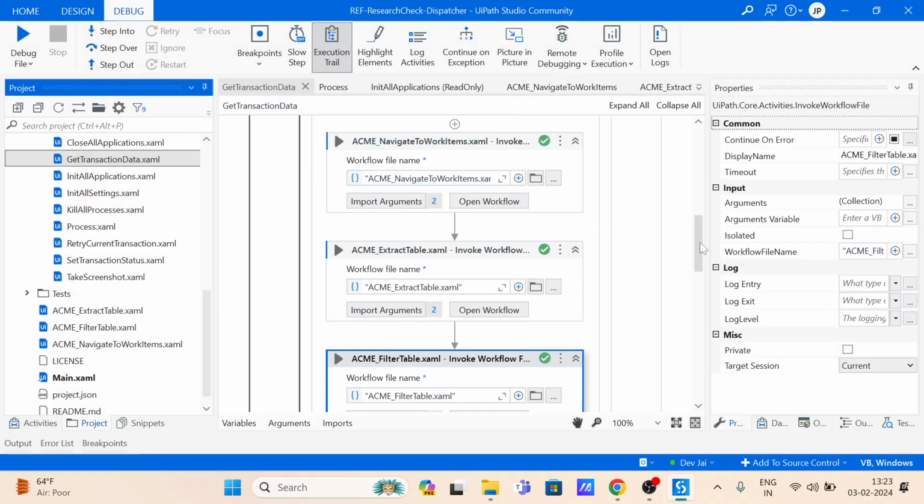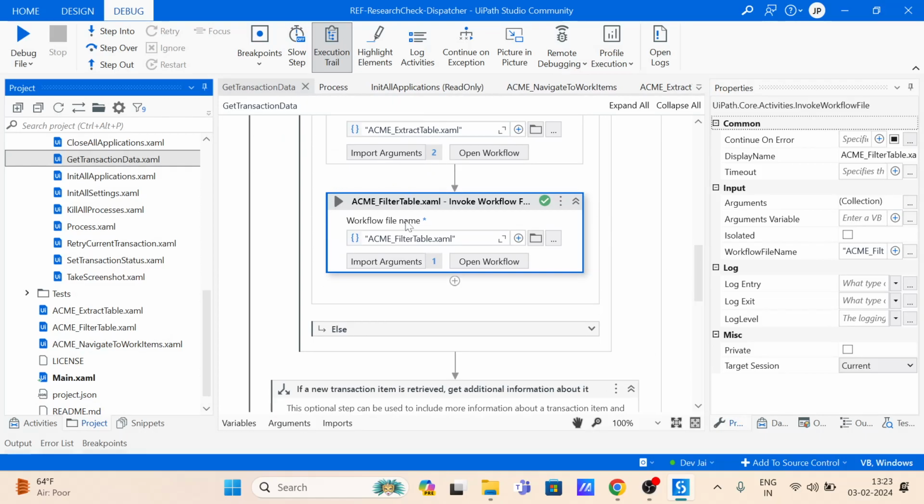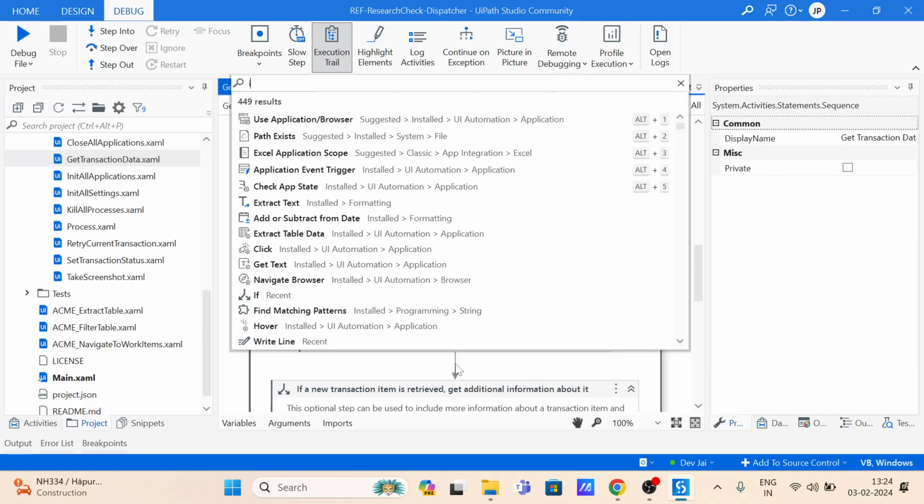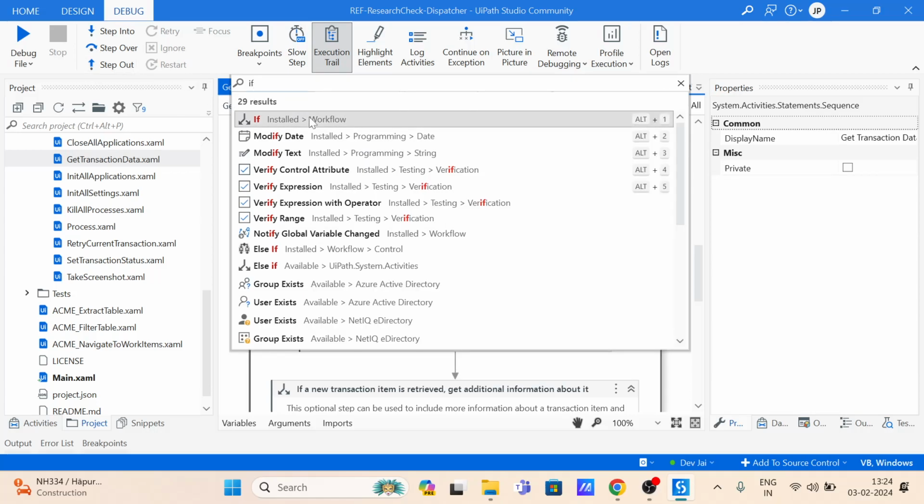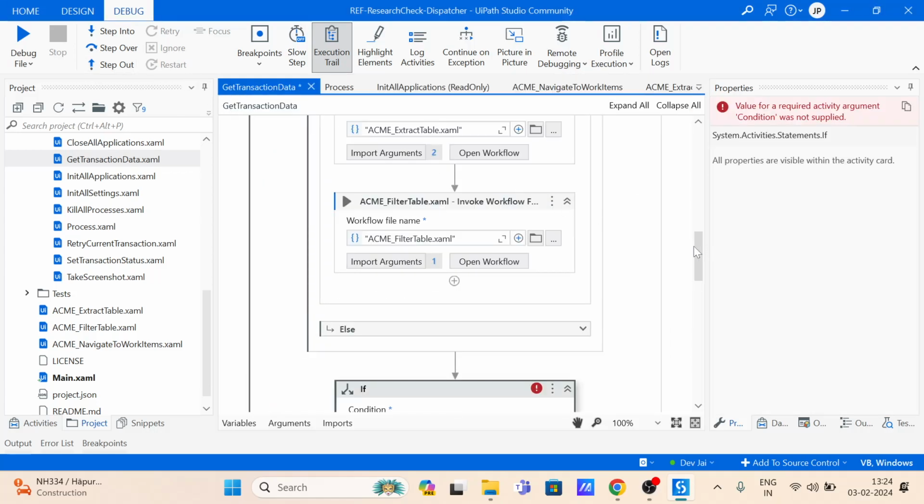अब यहाँ पे मेरा क्या है, यहाँ पे डेटा मिल गया है विद द होल टेबल। अब मुझे ऐसा लॉजिक डिवाइस करना है कि वो डेटा से मैं एक डेटा को पिक करूँ, उसको मैं क्यू आइटम्स में ऐड करूँ, सेकंड डेटा को पिक करूँ, उसको मैं क्यू आइटम्स में ऐड करूँ। हाउ वी कैन डू इट, यू नो इट वेरी वेल, मैंने आपको पहले बताया। प्लीज रेफर माय प्रीवियस वीडियो एज वेल ऑफ डिस्पैचर एंड हाउ वी कैन यूज इट विद डेटा टेबल्स। वी विल यूज अनदर इफ एक्टिविटी।